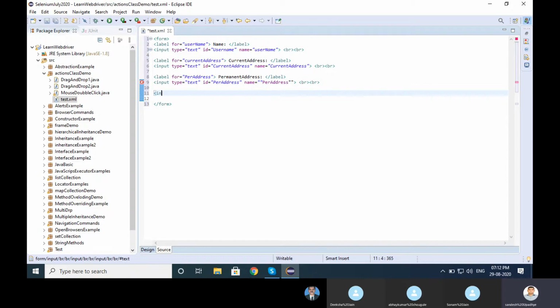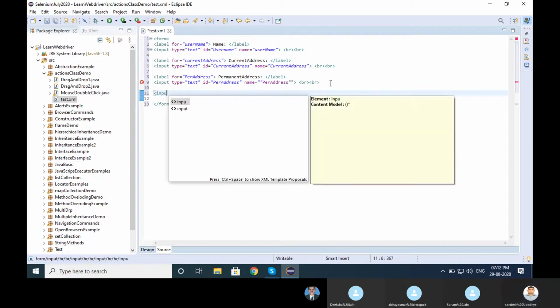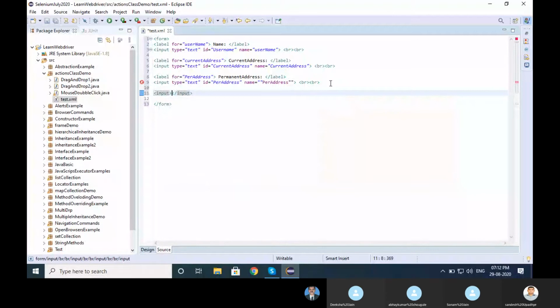Input type submit, providing the ID is equal to submit, onclick event, value.